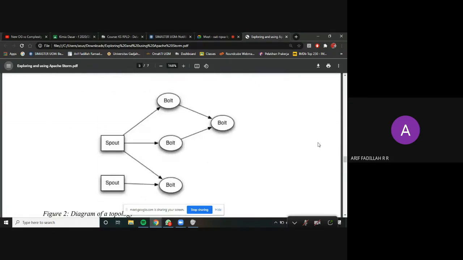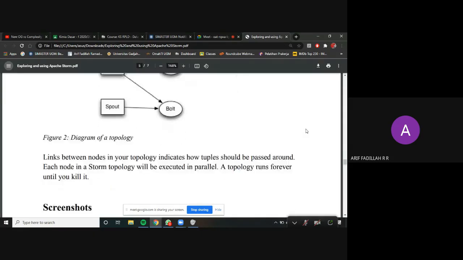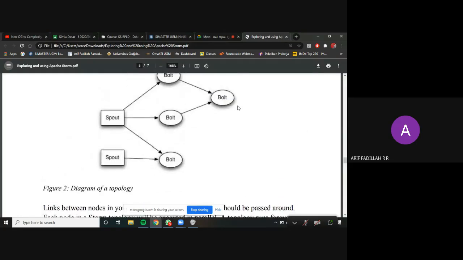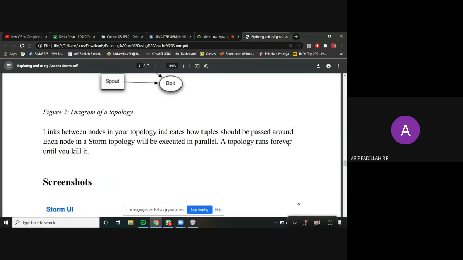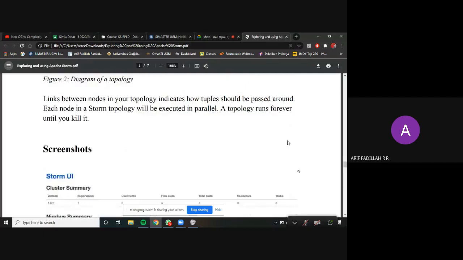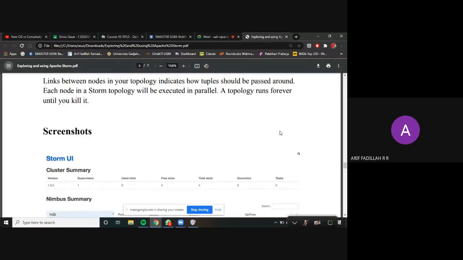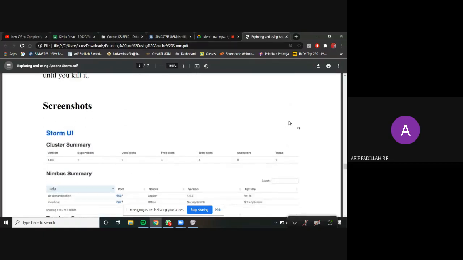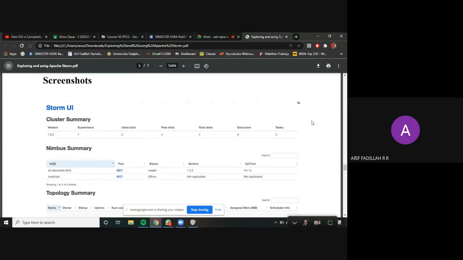And here's the visualization of a topology. Dean tried to download the app itself, but it was pretty hard.